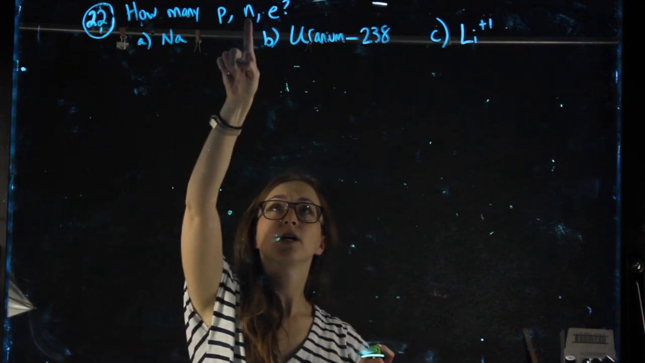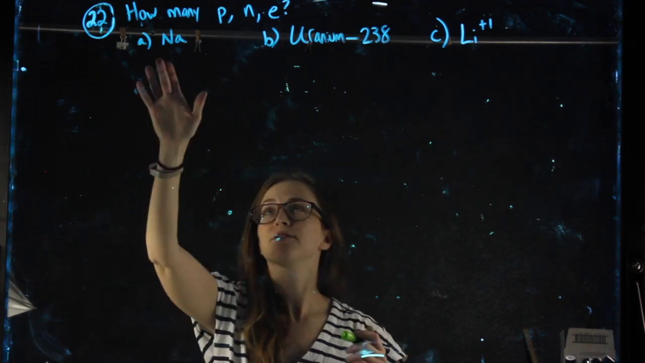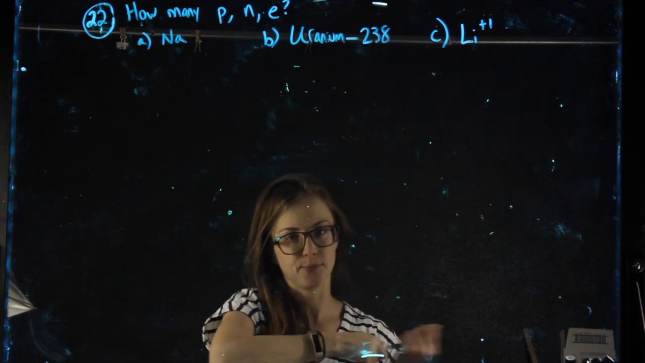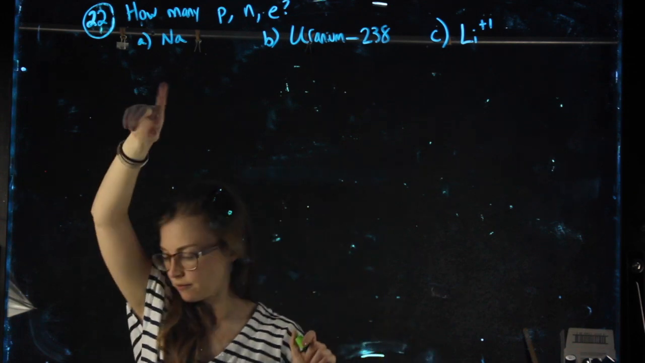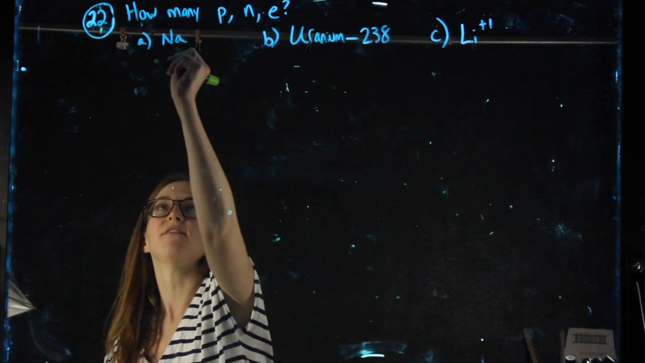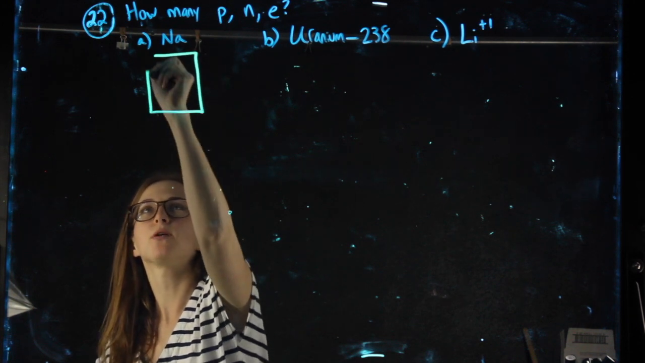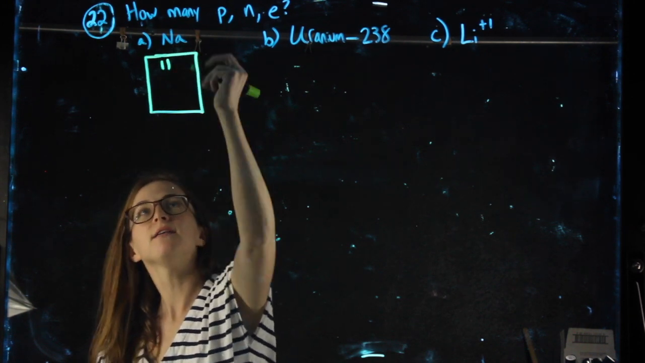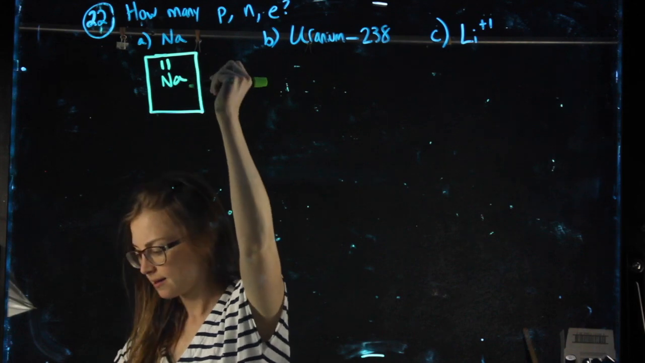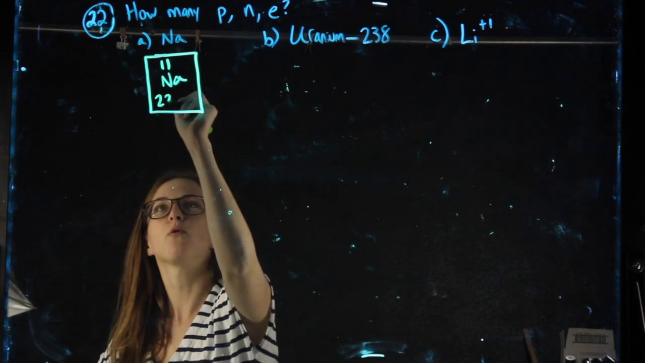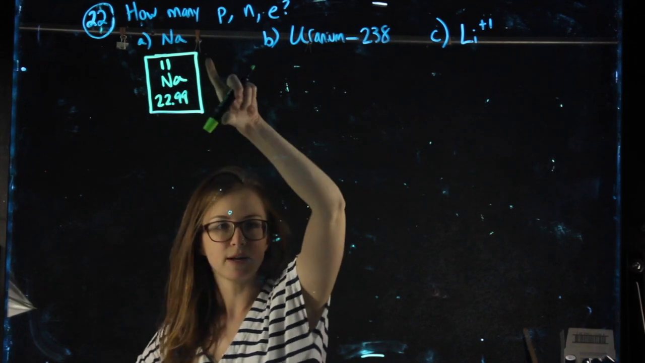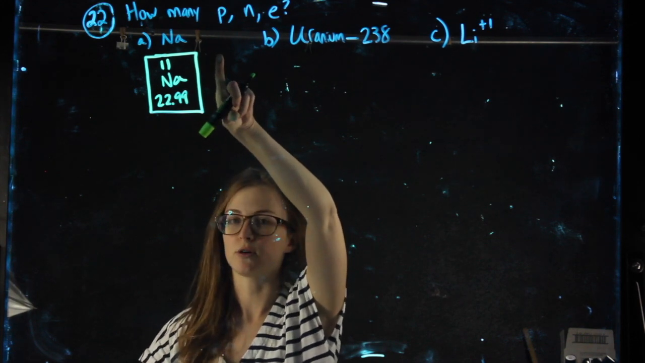In order to find protons and neutrons and electrons, I need to first find these elements on the periodic table. Looking for sodium, sodium is number 11. So if you look at it on the periodic table, you'll see 11, Na, and then 22.99. I'm going to write this out here just so you can see what numbers I'm referring to as we go